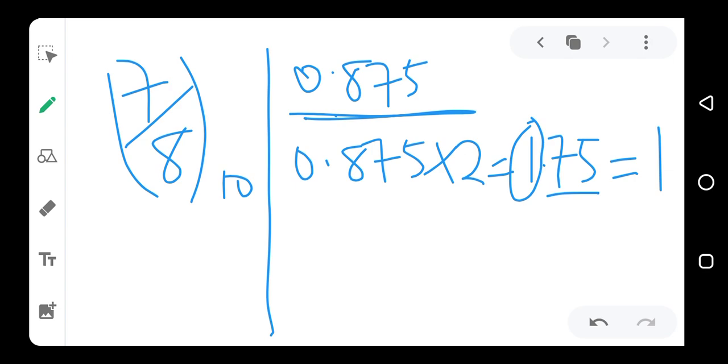Say 0.75. So we can leave it as 0.75. You can punch it in your calculator. 0.75, multiply it again by 2. We are multiplying by 2 because we are working with base 2. So multiply by 2. We are going to get